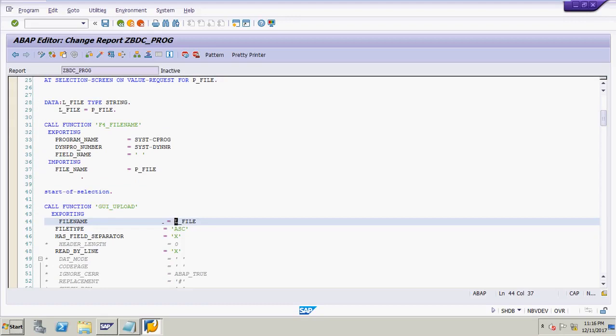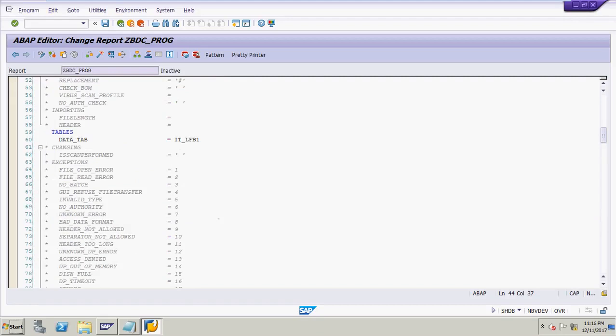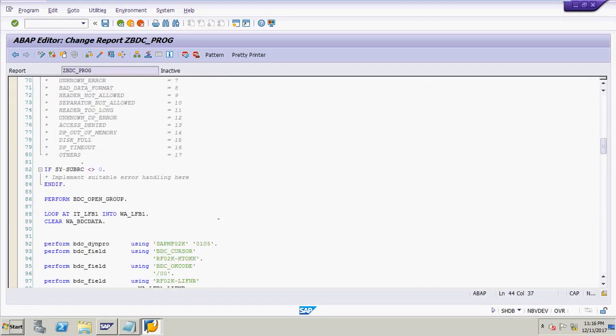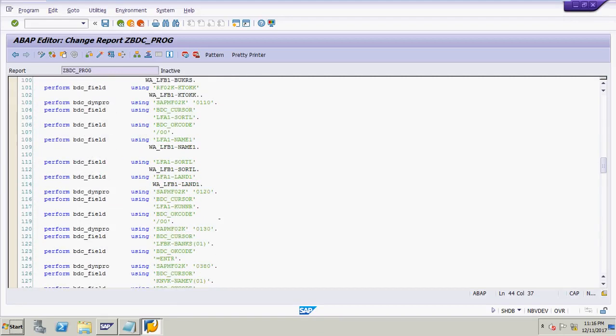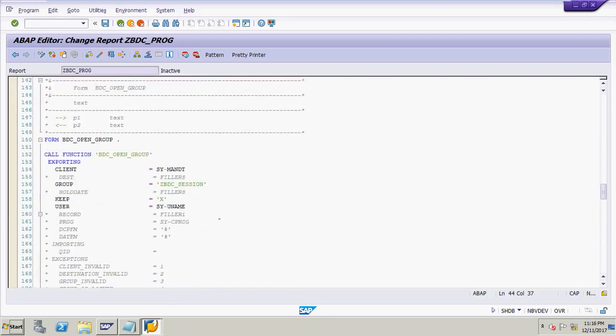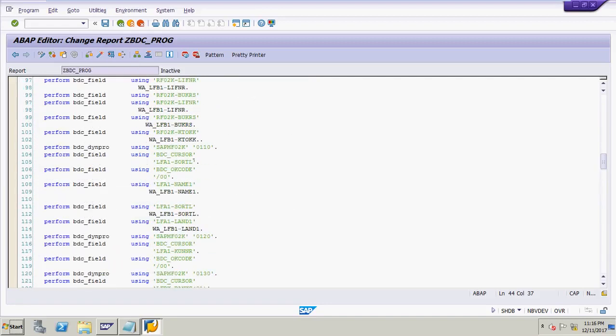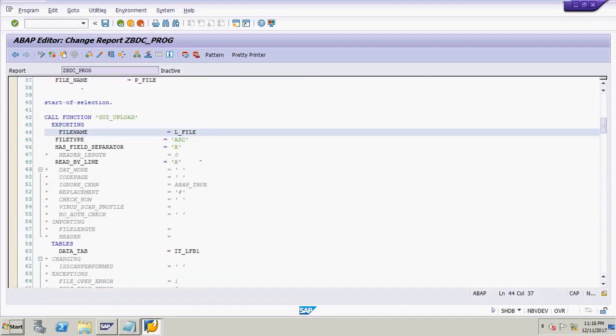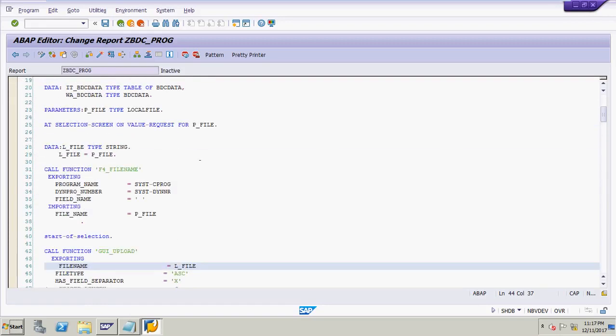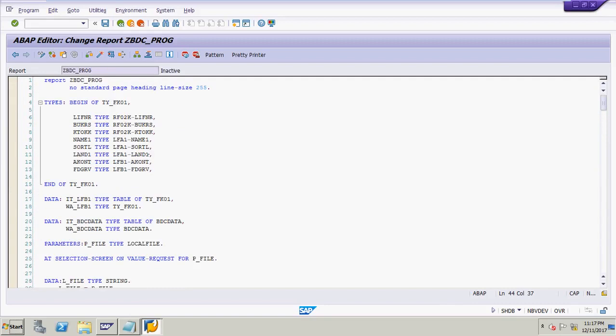V file is type string. Everything is right.